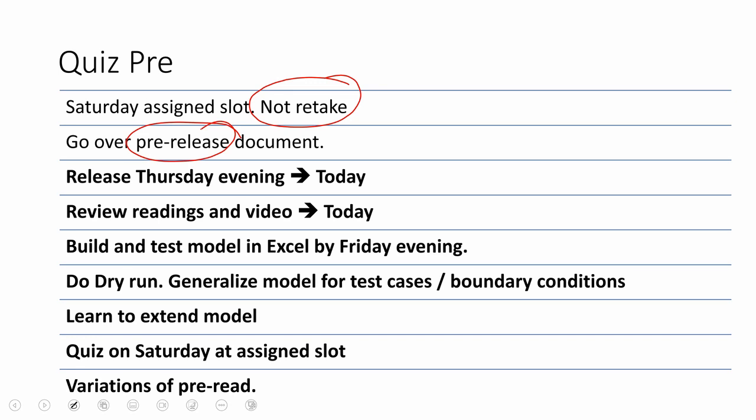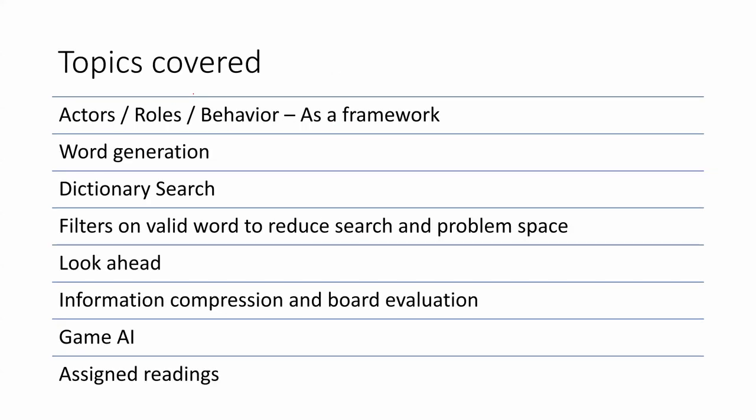जो क्विज की विंडो है उसमें आपके पास इतना टाइम नहीं होगा कि आप उसको जनरलाइज कर सकें. This is something that you have to do before. अच्छा, so now जो क्विज की विंडो है, उस विंडो के अंदर आपके पास टाइम नहीं होगा कि आप इसको जनरलाइज कर सकें. So do this work before the window starts. And then आप पे जो साइन स्लॉट है, as per your instructions and as per your section, उस पे आपका क्विज हो जाएगा. Quiz is going to be on variations of your pre-read. So that's the quiz related information.